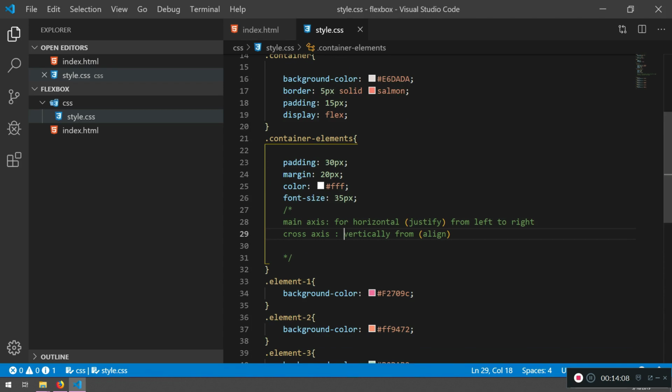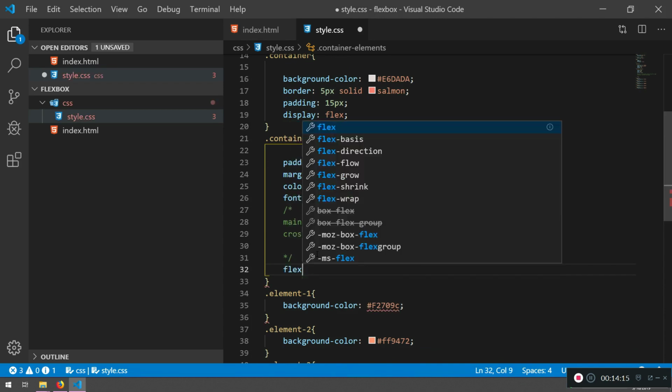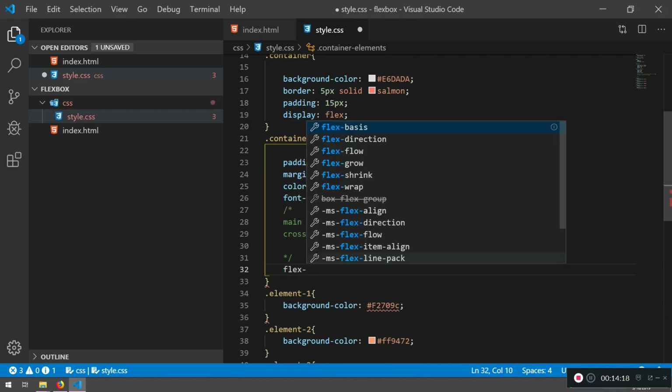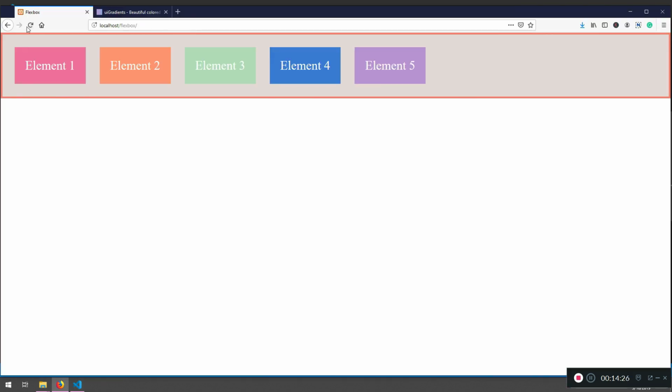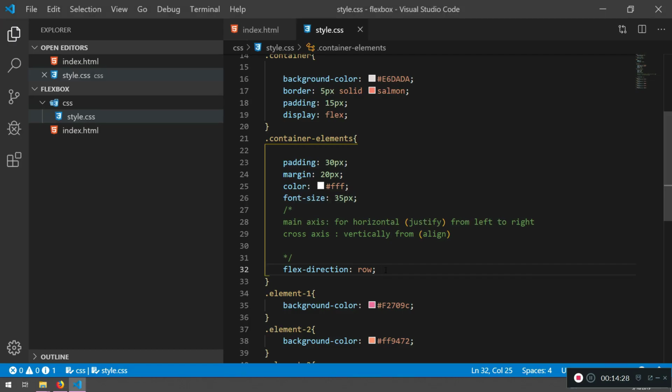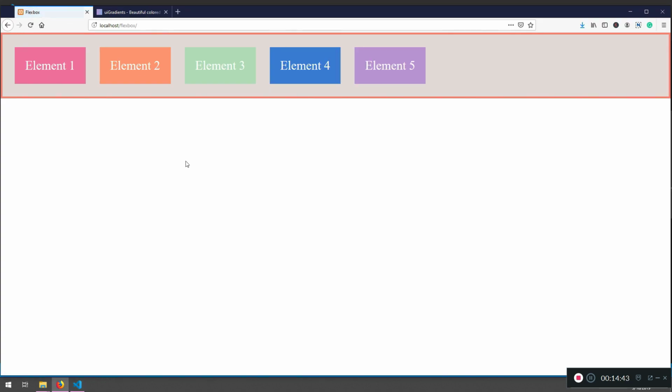Now what we can do here is very interesting. We can try something like flex direction. Flex direction. And we're going to talk about this flex direction. Let's put it as a row first. And if I save it, nothing will change, because by default the flex direction is row. But what we can change is we can reverse this direction. Reverse means flex direction row-reverse, and the name tells you reverse. So what it will do,